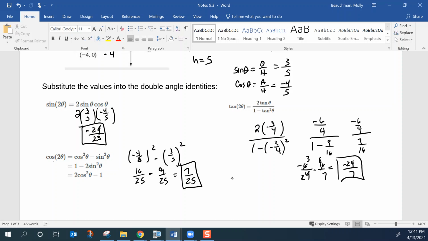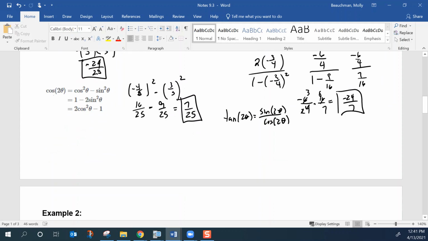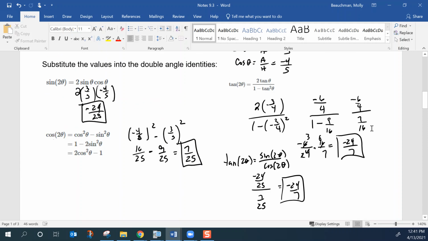Probably an easier way, though, for tangent 2 theta is to use sine 2 theta divided by cosine 2 theta. You'll get the same answer either way. If we use sine divided by cosine, we have negative 24 over 25 divided by 7/25, which equals negative 24/7. So once you have sine and cosine, you can divide those to get tangent. All right, so that's double angle. The next